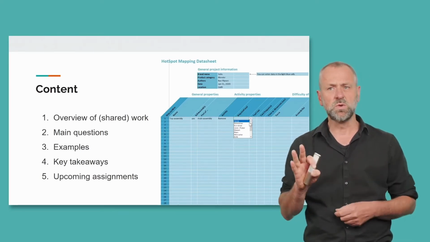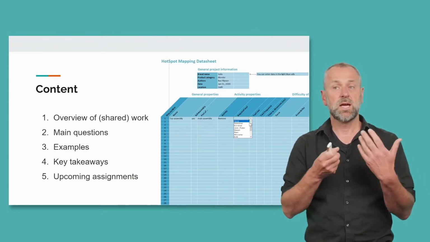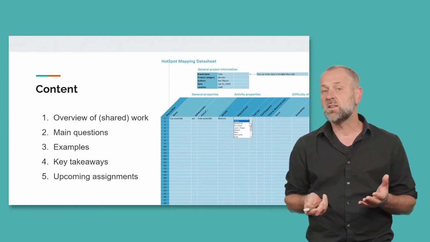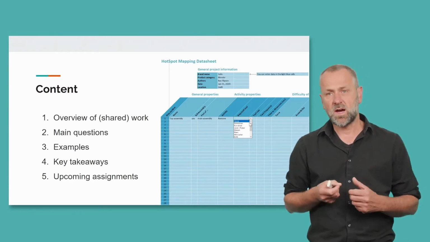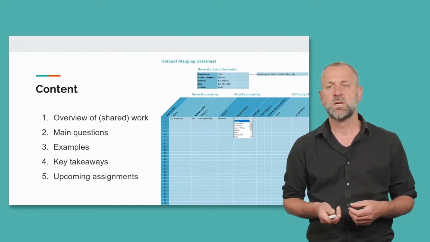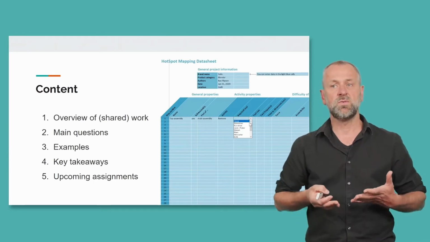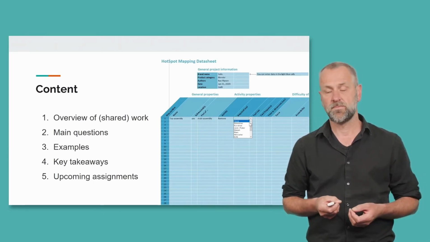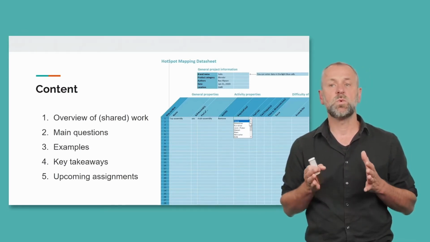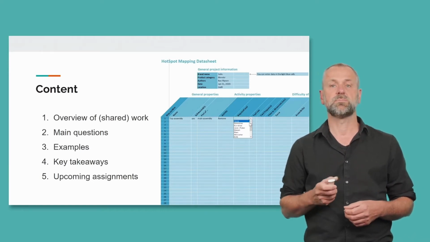We will discuss three main questions: about the difference between parts and sub-assemblies, about timing of the different disassembly activities, and about taking into account screws, yes or no. After these questions, we will discuss some showcases from you and your hotspot and disassembly maps. Unfortunately, we don't have time to discuss all of them, but we also try to give you feedback via the Miro board itself. We will finish this video with some key takeaways and the upcoming assignments in which you go more into depth of the value recovery potential of your case product.